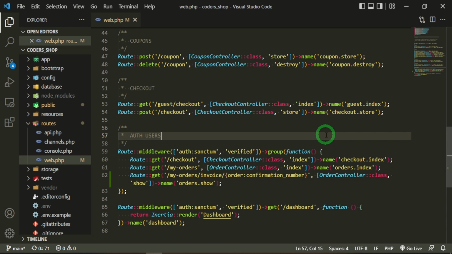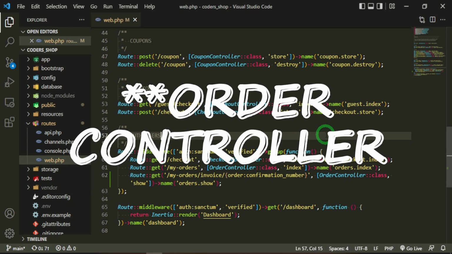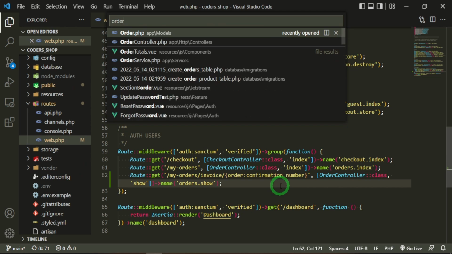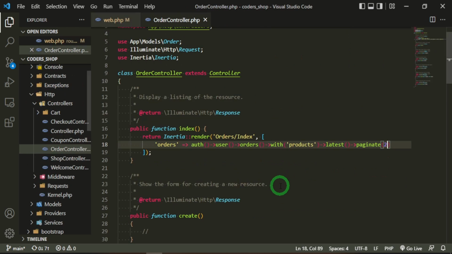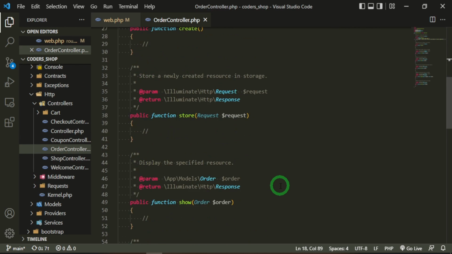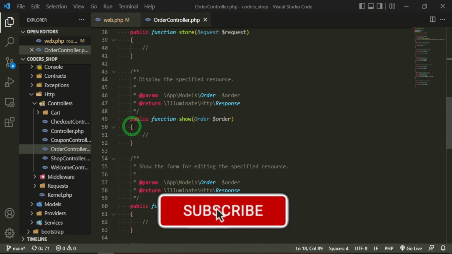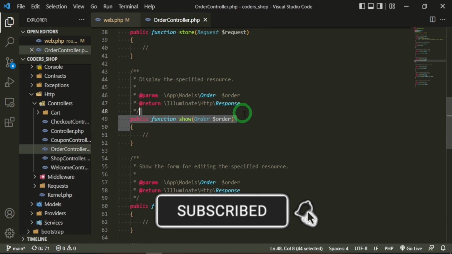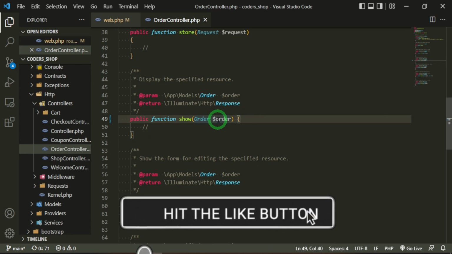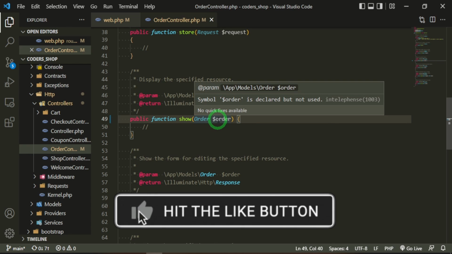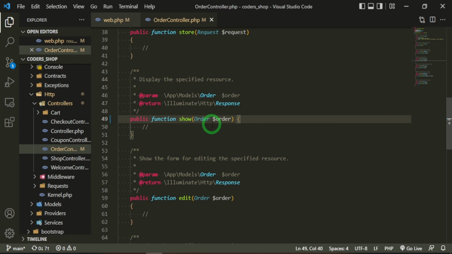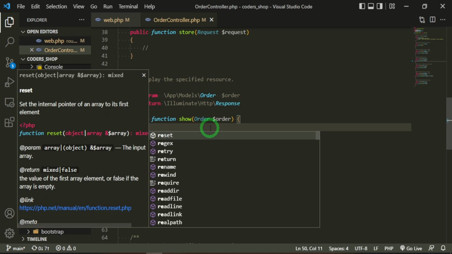Let's head into the checkout controller and start working on that function. So we'll head down to the show method. And here we are already injecting our order into it. We're using route model binding. This order will be able to recognize the confirmation number. That's how we're setting this up. So all we need to do is return